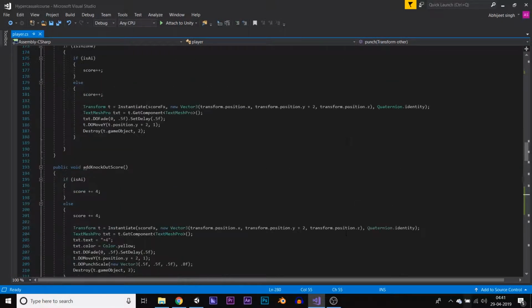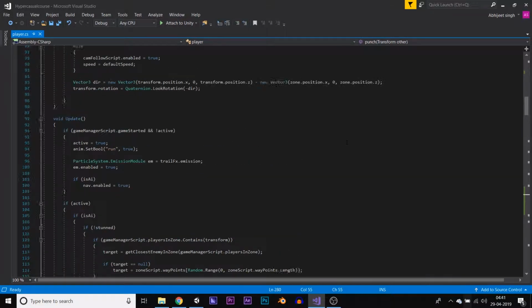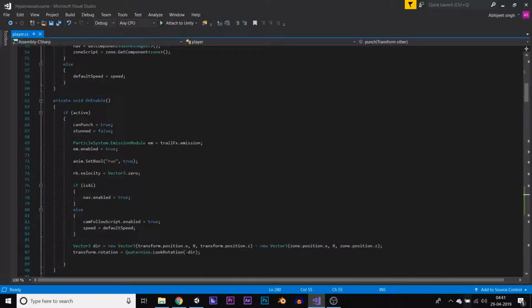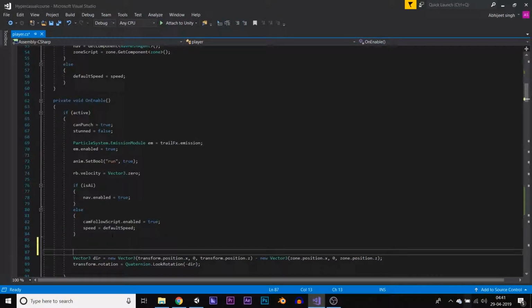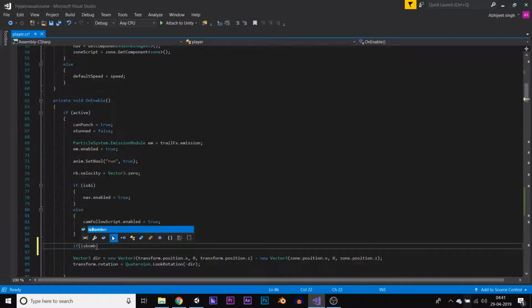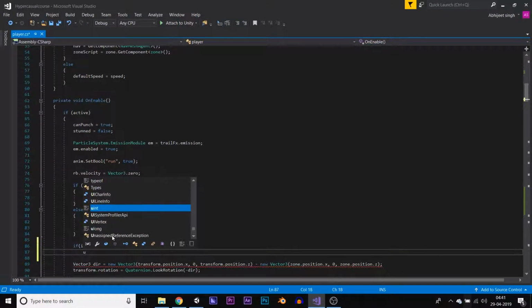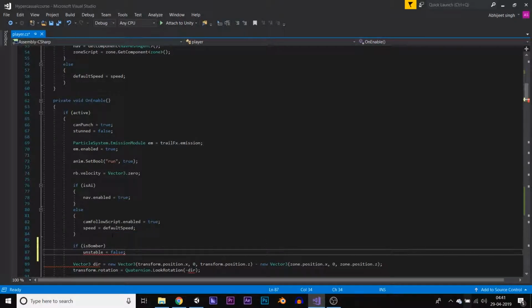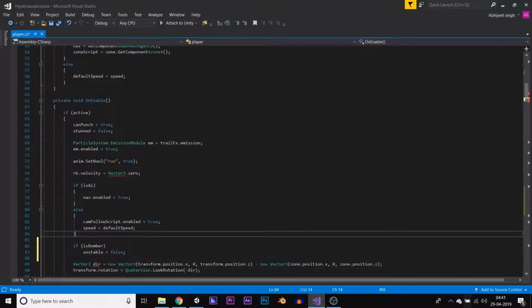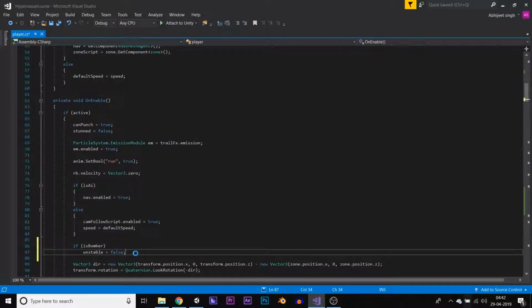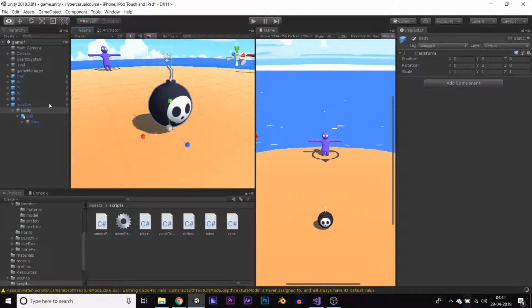Now let's go up to our OnEnable function, and over here let's do if isBomber, we will set unstable equal to false. So once the bomb explodes and it respawns, it's again ready to explode. So let's save the script and go back to Unity, select our bomber